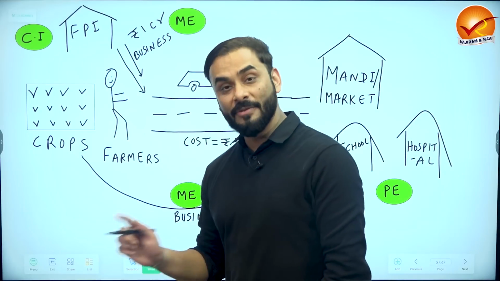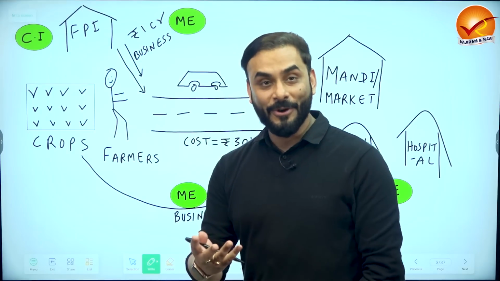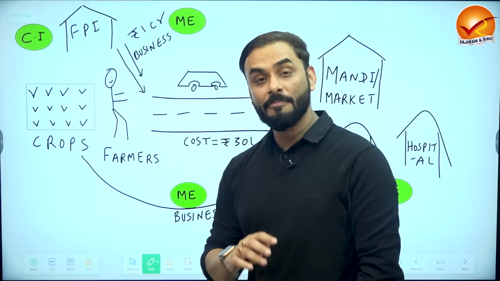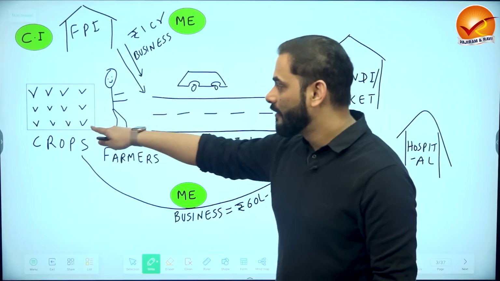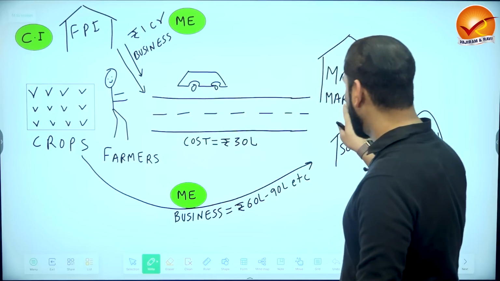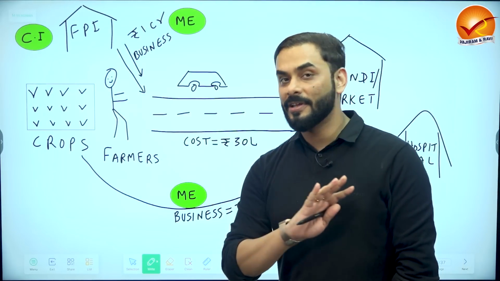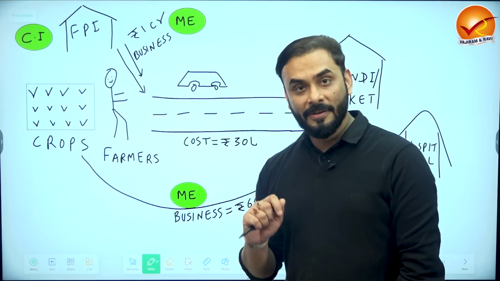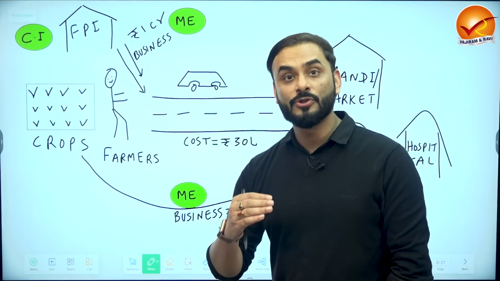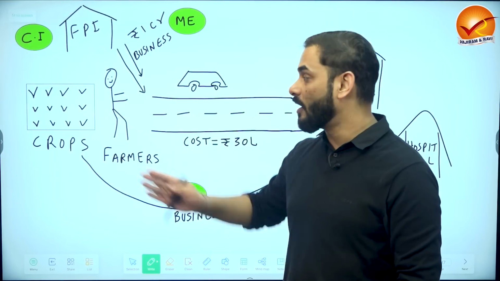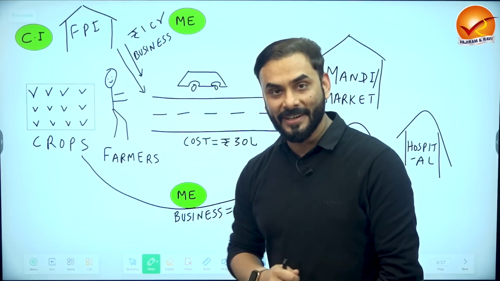Here you have a farmer, right? What is the farmer doing? The farmer is cultivating some crops. You know that there are many villages where there is no road connecting the village of the farmer with the nearby mandi or market. There are many such villages where there are no pakka roads, no good roads. In fact, because of these reasons plus lack of storage facility, many times the farmers are compelled to throw away their crops. They are not even able to take their crop to the market because there is no road and no storage facility, right?